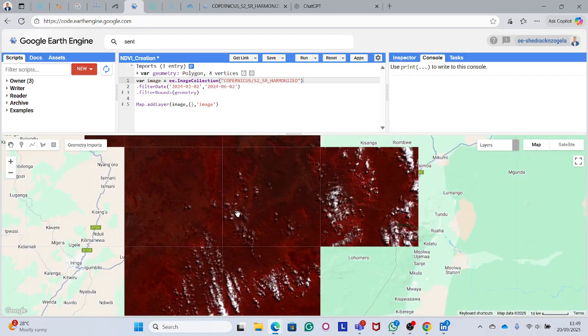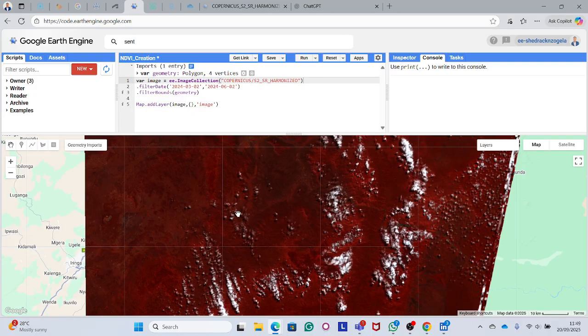So after that we have to define our NDVI index function. For now, let's define an NDVI index function. Then I'll start by stating my variable, and my variable here is NDVI, and then this is